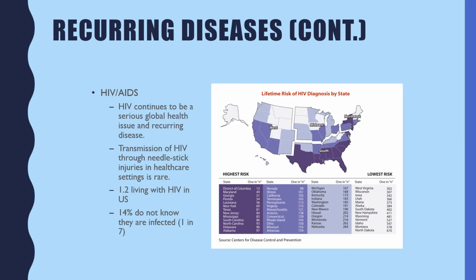No discussion about reoccurring diseases would be complete without a discussion on HIV, or the human immunodeficiency virus. It continues to be a serious threat and is listed as a reoccurring disease. HIV is transmitted through contact with blood and through sexual contact, like semen and vaginal secretions. But there are a lot of misnomers out there about HIV/AIDS, and I can remember, oh gosh, this was probably